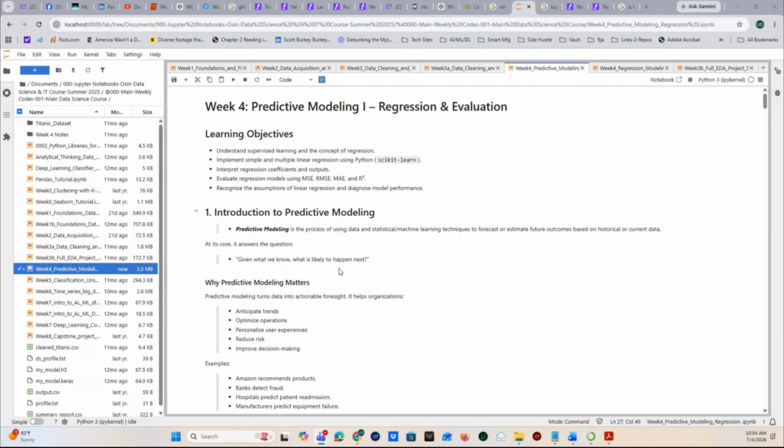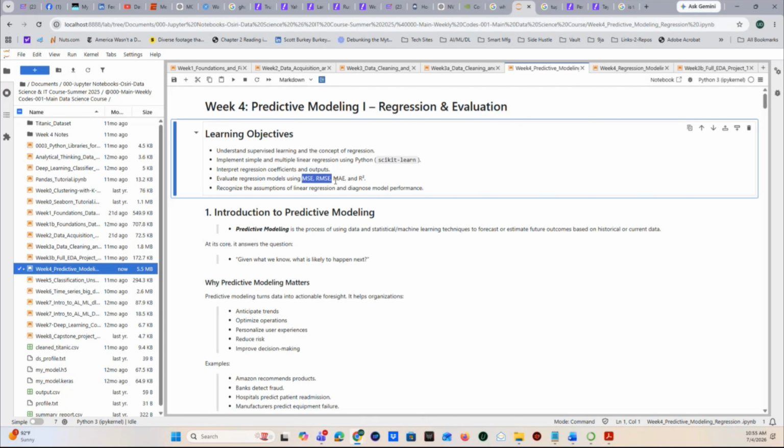JupyterLab notebook for predictive modeling, which will be week 4. So what we want to do is understand supervised learning and the concept of regression, which we've talked about previously, implement simple or multilinear regression using Python, particularly using the Scikit-learn package, and then interpret regression coefficients and outputs, and then evaluate regression models using some of these error metrics,